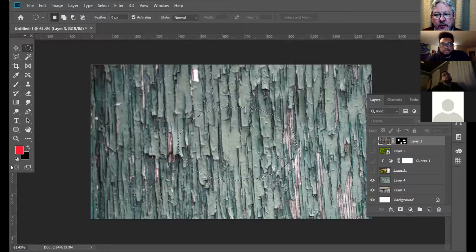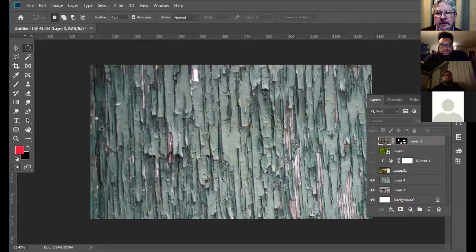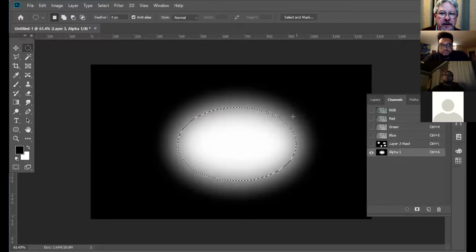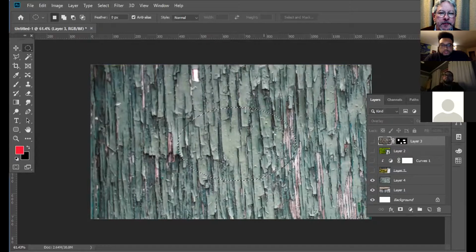And then when I go into the quick mask here, you can see the result is a selection that is very soft. It's blending from what's selected 100% in the center, to not selected at all on the outside, and there's a gradient there. If I save this selection to the channels and look at it, this is what it looks like. It's just a soft ellipse here. So what that means is that if I turn this into a mask,